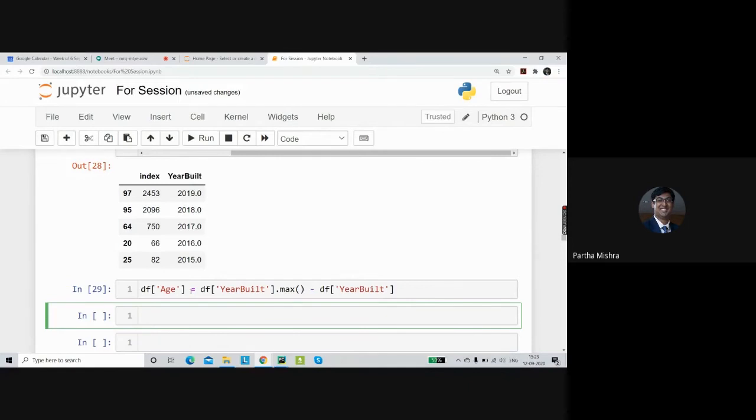Okay, for that we will be taking the help of NumPy. So let's call a new column called historic, and here we'll be saying np.where.